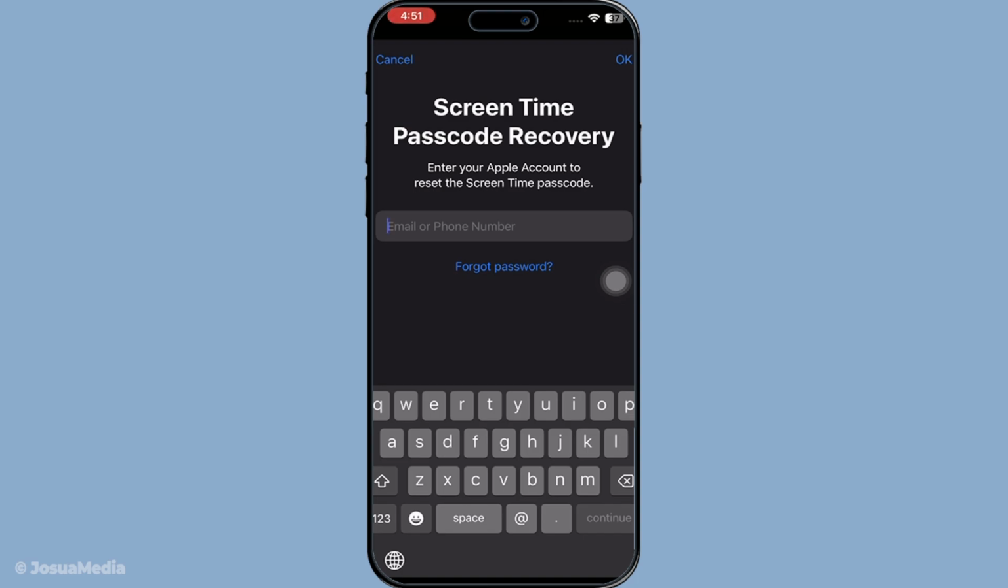After tapping Forgot Passcode, your iPhone will ask you to enter the Apple ID email address that was originally used to set up Screen Time. Just type it in carefully, making sure there are no mistakes, since this is how your identity will be verified for the reset process. Once you've entered your email, go ahead and tap OK at the top right corner of